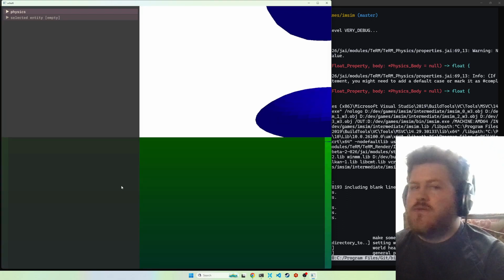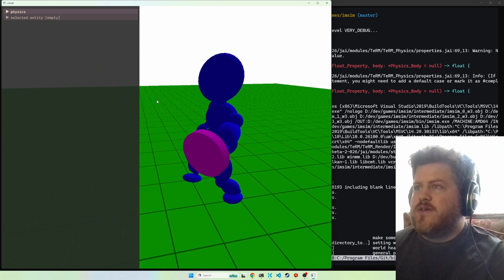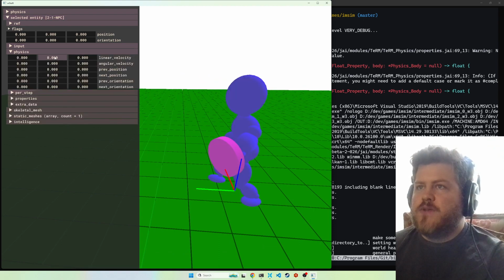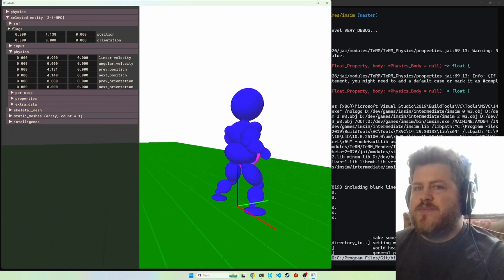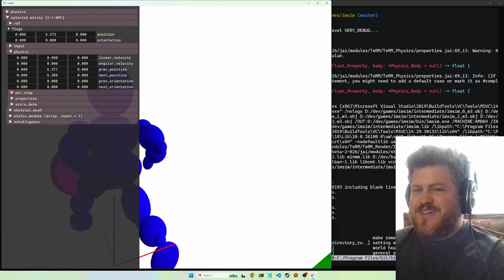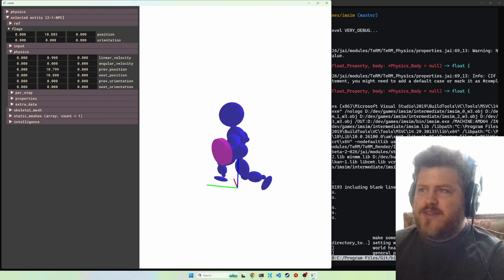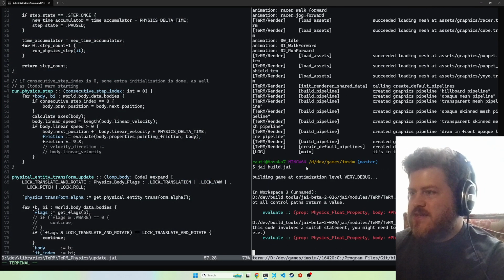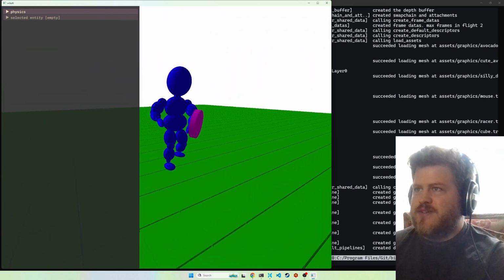Evaluate. Okay, cool. So this is the guy. He is, I guess, technically an AI guy, barely. If I select him and I give him some linear velocity, I'm actually not sure what's gonna happen. Oh, he moves. Look at that. Oh, hey, look at him go. I actually didn't think it was gonna work. I was furiously typing, getting the physics to a good spot for about an hour straight, and I'm shocked he actually moves